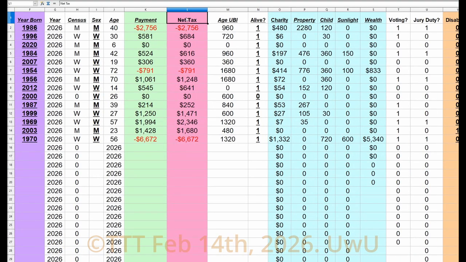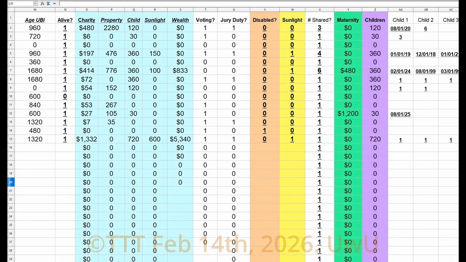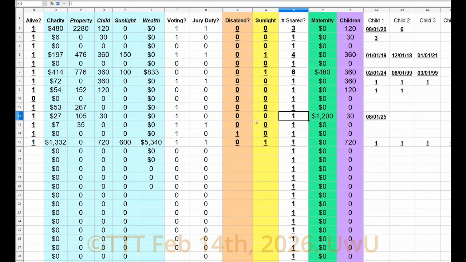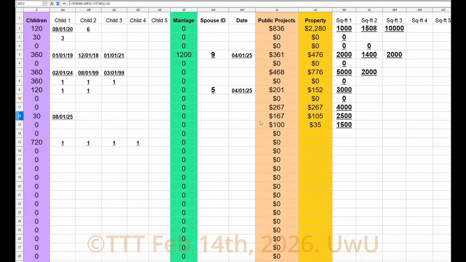And then there was also an error where property taxes were getting charged twice. I fixed that error. So that error is fixed as well. So this is really looking nice. This is really looking good. Oh yeah, speaking of property taxes,